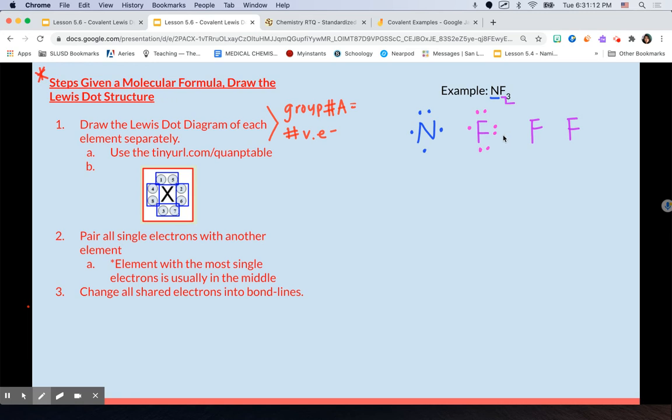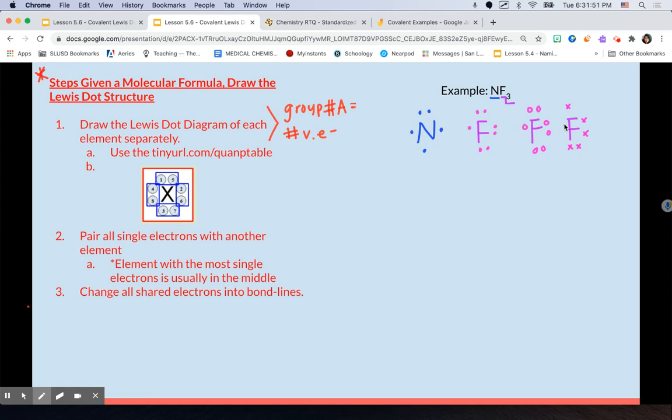Right. So oftentimes when I'm doing this on a sheet of paper, I don't have all these colors. And if you also don't have a whole bunch of colors to spare, just to tell them apart, sometimes I like to draw different shapes for the valence electrons. Right. So 1, 2, 3, 4, 5, 6, 7. Right. And for this third F, I'm going to do the same thing. It's still in group 7A. I'm just going to draw X's. So 1, 2, 3,